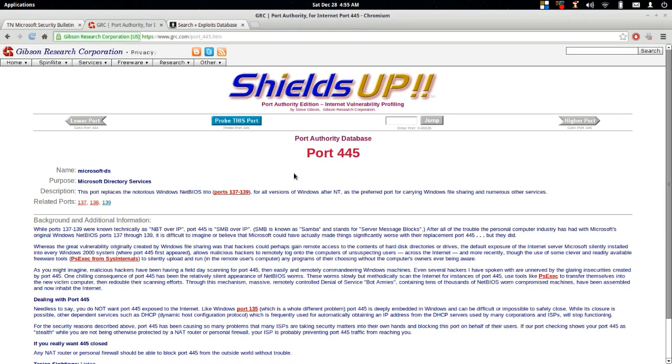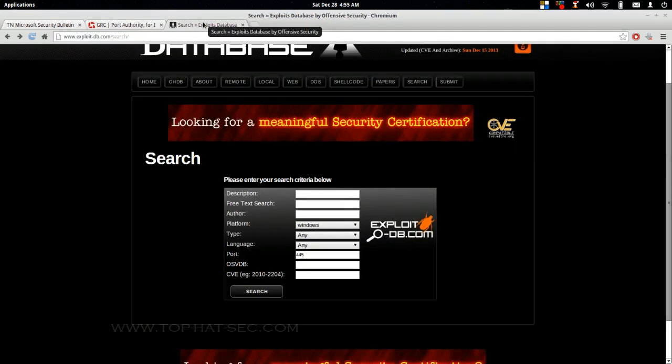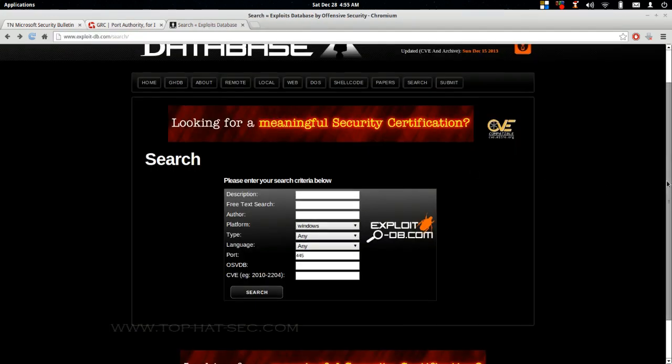The other port that we had that was open was 139, and so if you want to look up what that is, there's NetBIOS. Again, we saw NetBIOS in our scan. It was the first port that we saw, and we had other little descriptive information about it, so we could technically look up exploits for this service as well. So it's just little pieces of putting stuff together and trying and finding something that works. Something that works also very well is